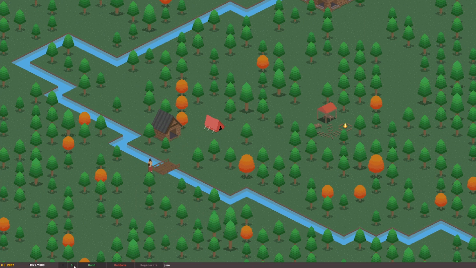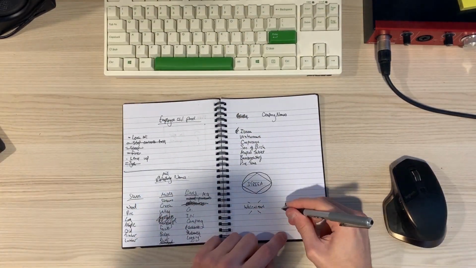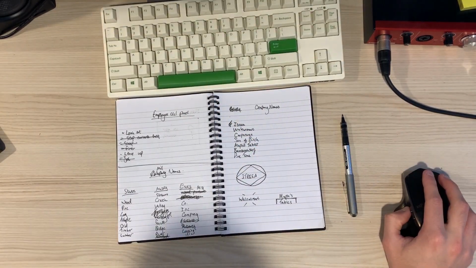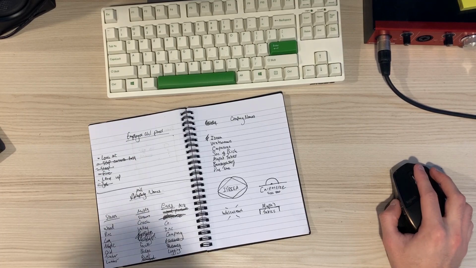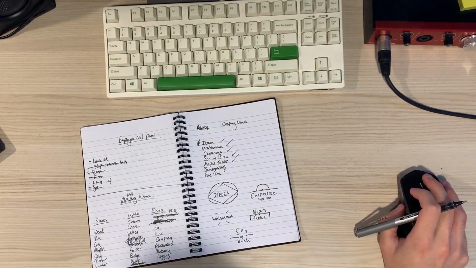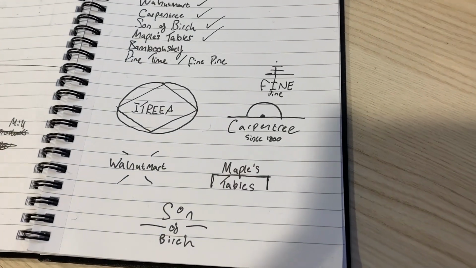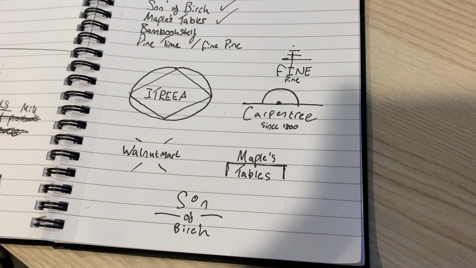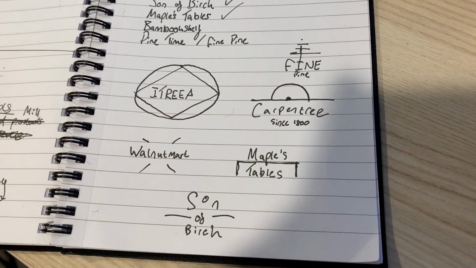So you might remember from the last video I finished off the trading house interface functionality. What I didn't finish or even start was the company logos for the different companies that send you trade offers. So, as with most of my designs, it started on paper. Based on suggestions I got from the Discord and a few ideas of my own, I started sketching out some logo ideas. The final companies I decided on were Itria, Fine Pine, Carpentry, Walnut Mart, Maples Tables, and of course,